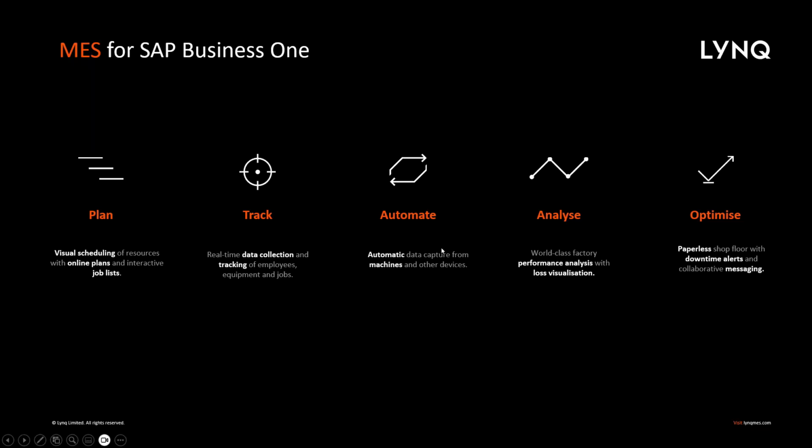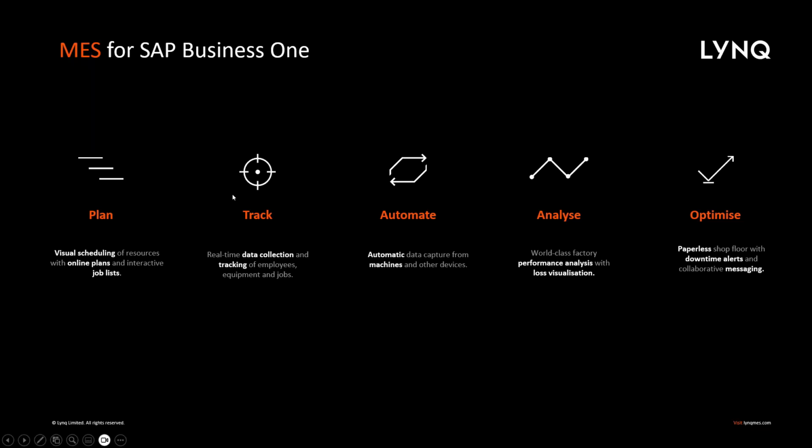So, manual and automatic data capture. Over the top of this, we have live tracking of the employees, the equipment, and the production orders, so you can see exactly who's doing what, where, and when, what the status is of a production order, whether a machine has gone down or there's a problem that is affecting the execution of the production plan that you created. So we're all about adherence to plan and the ability to digitalise the factory floor and eliminate manual processes.